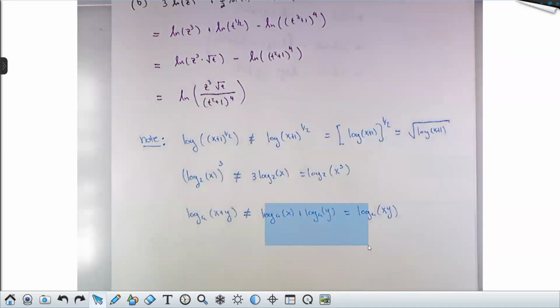So addition outside is multiplication inside, but addition inside ain't nothing. And in particular, it ain't the log of x plus the log of y. So you cannot ever distribute logarithms like that. Doesn't work. I see this all the time. Every time I give the test that comes up, somebody does this. Please don't do that. The other one that's like this,